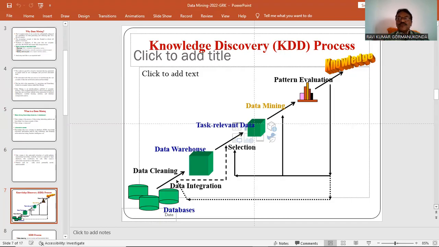From the data warehouse, you select the task relevant data, apply data mining functions, then evaluate the patterns. What patterns have you discovered? Evaluate the patterns, and finally represent the knowledge in the form of a visualization.